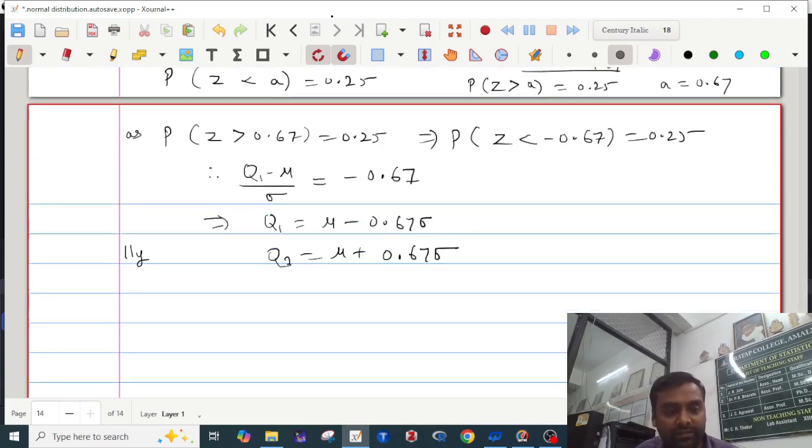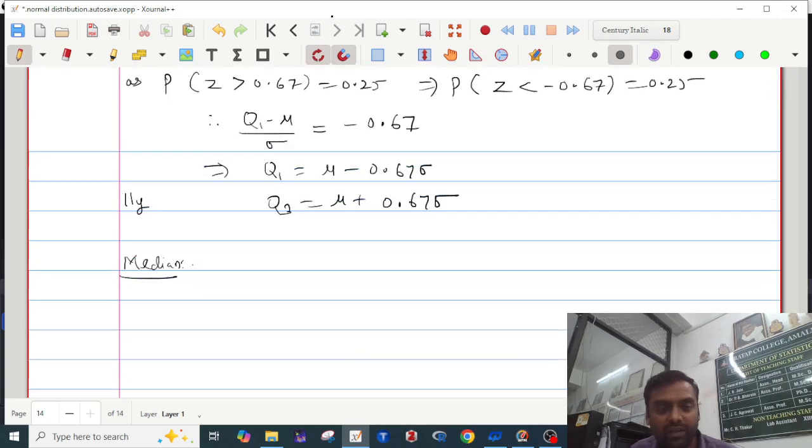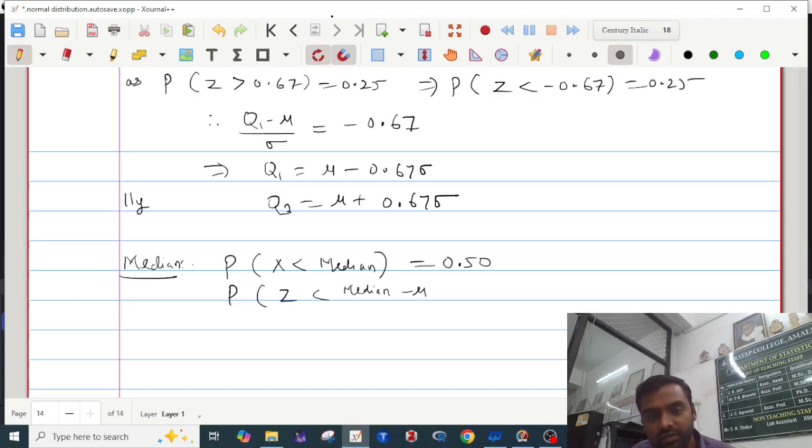Let's find the median. We will find the median in the same way. Probability of x less than median is equal to 0.50. So standardize this: median q2 minus mu upon sigma